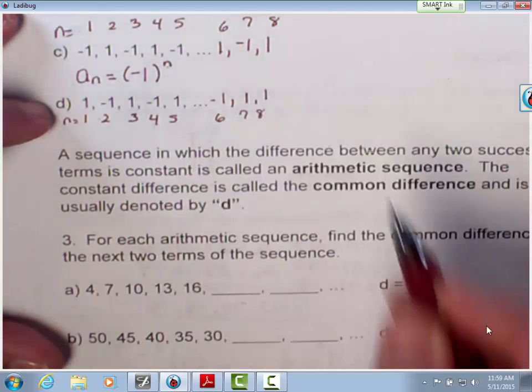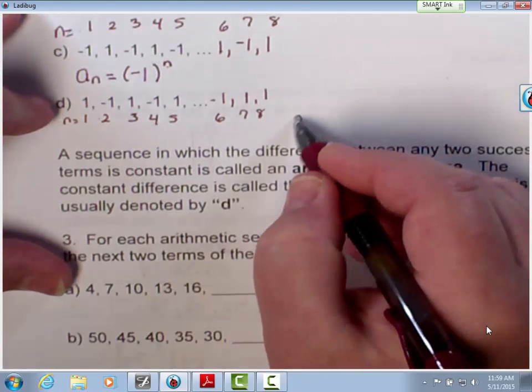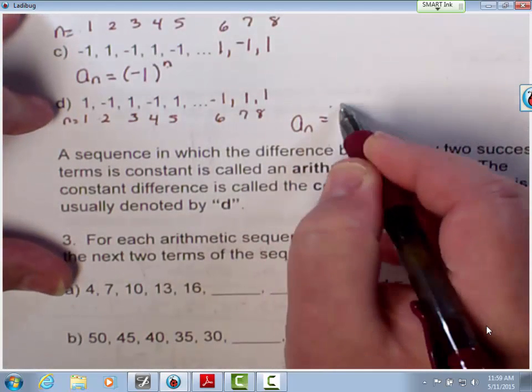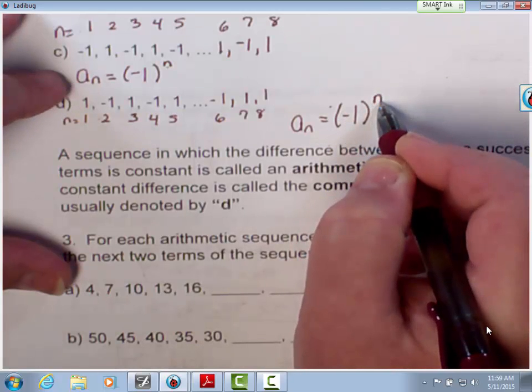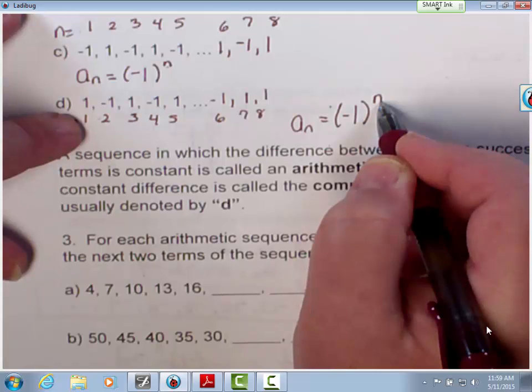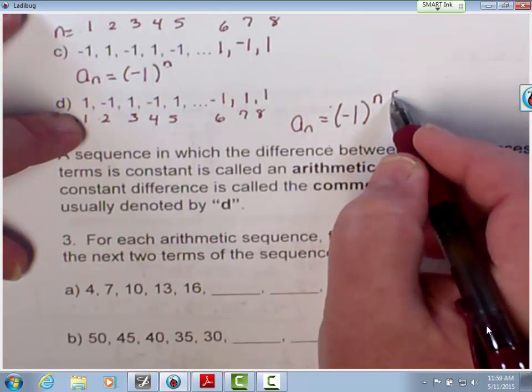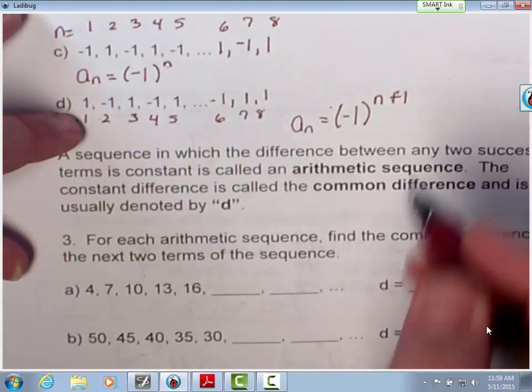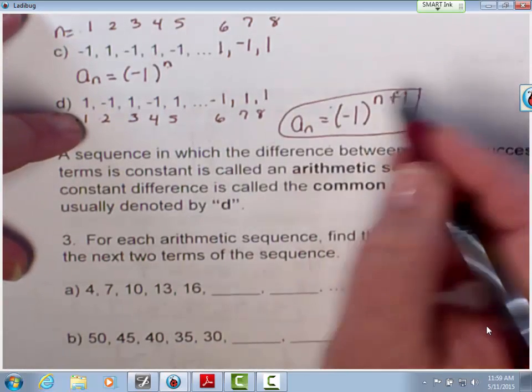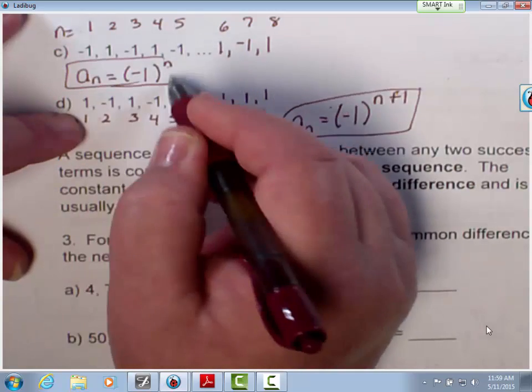So what did we do? Well, we're still going to have that negative 1 power, right? But instead of n, we need this to be even, so we're going to add 1 to it, and that'll make it even. Okay. All right, so those are my two formulas, and then I have my